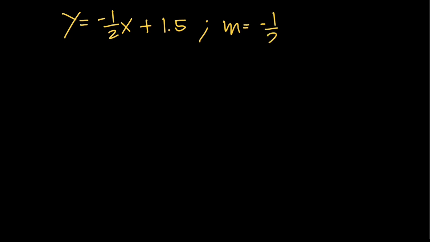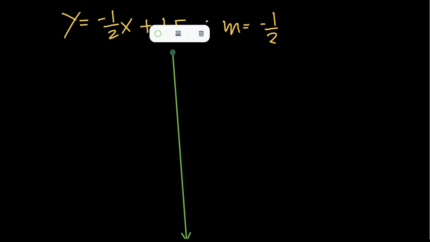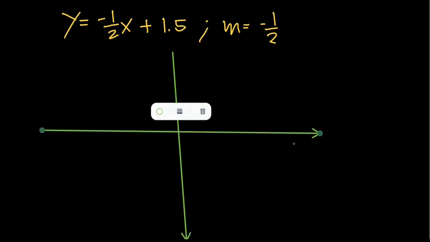Alright, the next equation we have is y equals negative 1/2 x plus 1.5. So our slope here is negative 1/2 and the y-intercept is (0, 1.5). Okay, so yeah, that's the y-intercept. So if we're going to graph this,